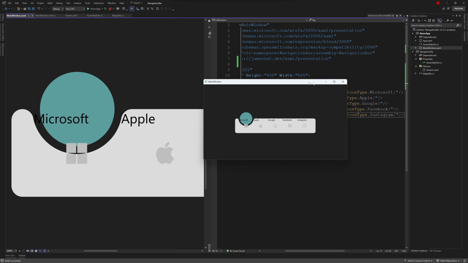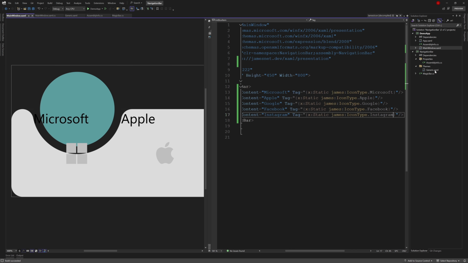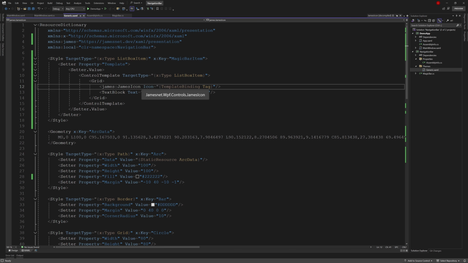Now both the text and icon are correctly displayed. Then I want to customize this icon. So we go to the generic file. We add a static resource for the icon.